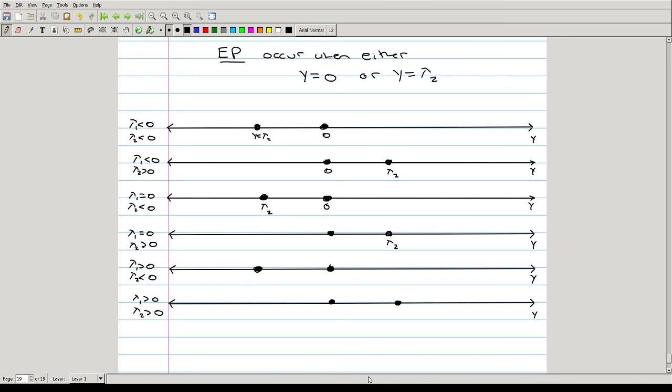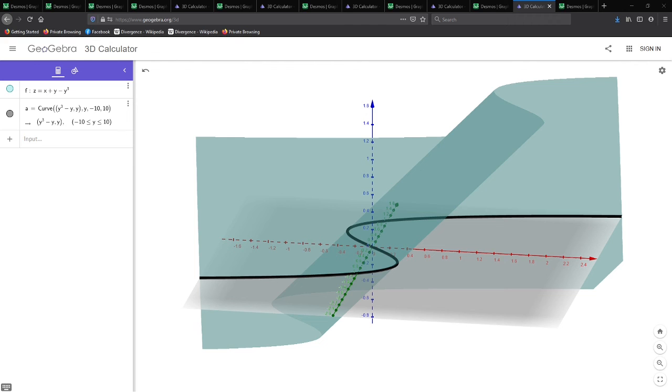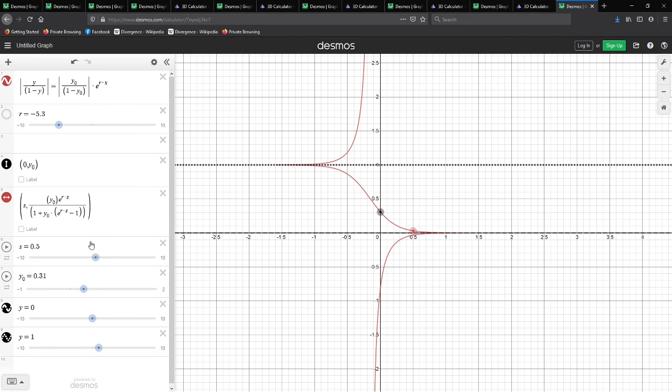But you see, if we take a look at this for a couple of these different values, our general solution is going to take this form where r is our lambda, and